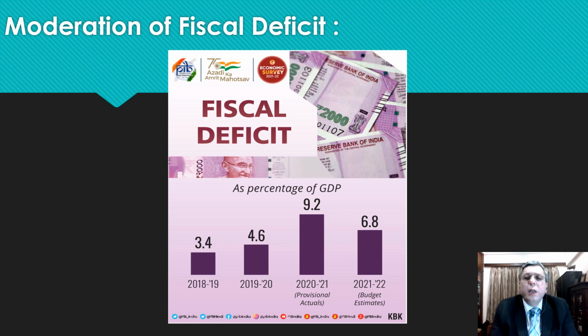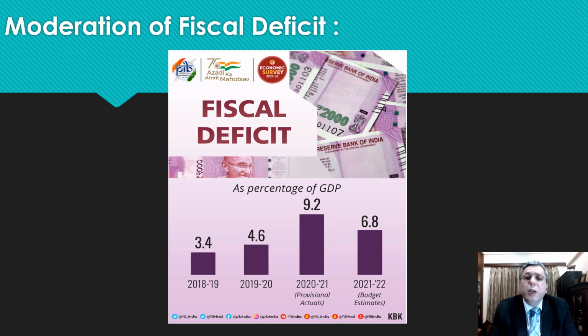One was the increased expenditure on welfare measures as well as on capital creation, on the capital formation of infrastructure, defense, railways. Plus a lot of the off-balance sheet items which formally would not come in the budget process, but we as analysts would always add it back. That has now come onto the balance sheet. So it's a more transparent balance sheet that we saw.